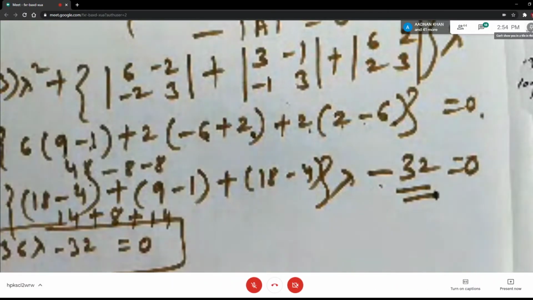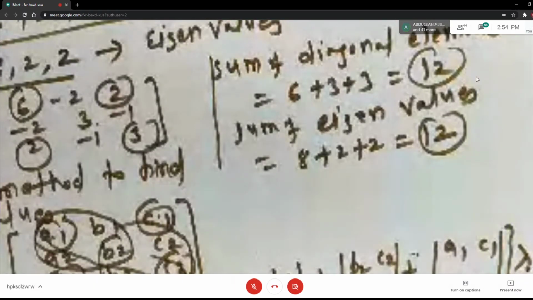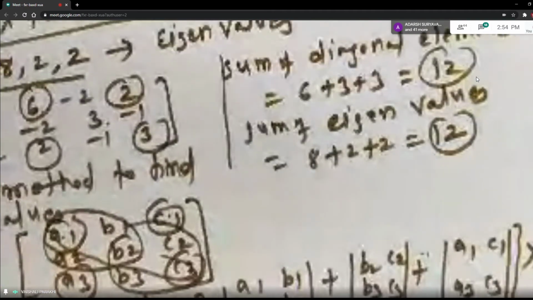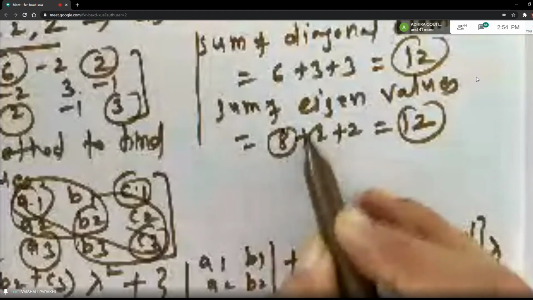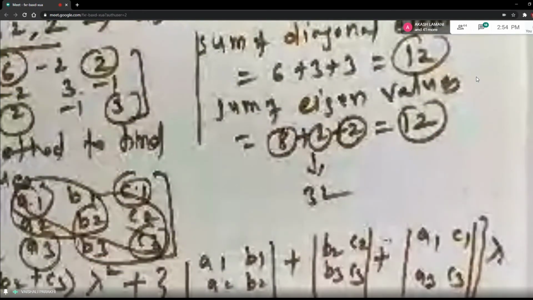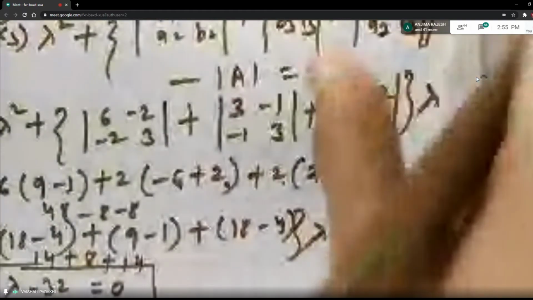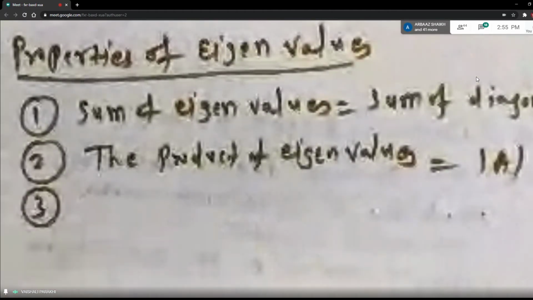So what is said, the product of eigenvalues is the value of the determinant. So what are the eigenvalues we got here? Sorry, not the diagonal elements. Here it is not related to diagonal elements. It is related to the eigenvalues. What are the eigenvalues you got here? 8, 4, 2. So what is the product here? 8 into 4 is 32, right? And what is the value of the determinant you got, students, when you were solving the problem? It is also 32. So this is another way to check whether your eigenvalues are correct. But the simplest way is directly you can check with the sum. Okay, so this was the second property.